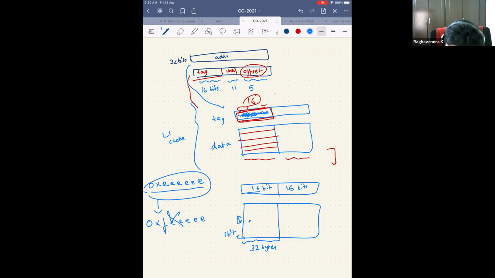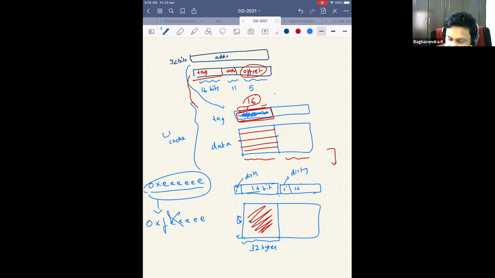But I want to remember that this particular block is dirty. So I have to add 1 bit somewhere. So where will I add that 1 bit? I am proposing that I will add that 1 bit here as part of the tag. So maybe I will move this here. So now my tag entries will look something like this: 16 bits and then followed by another 16 bits. But there is 1 bit here and 1 bit here. So this is the dirty bit, and this is the dirty bit.